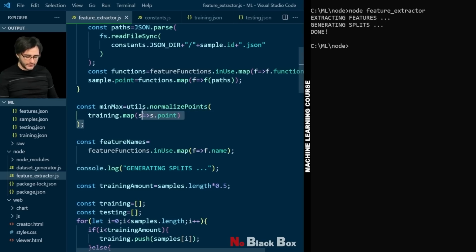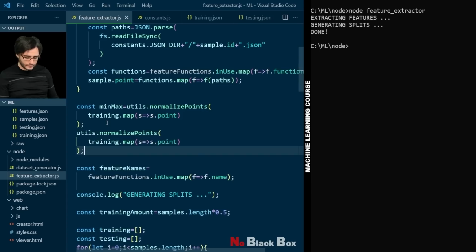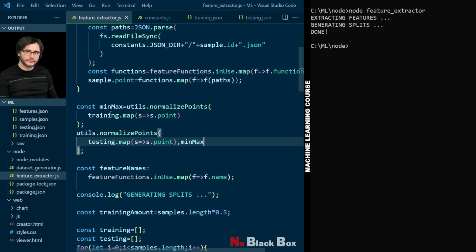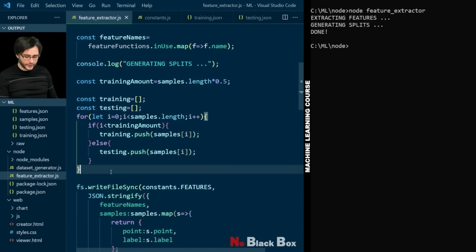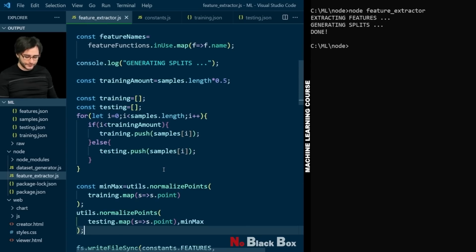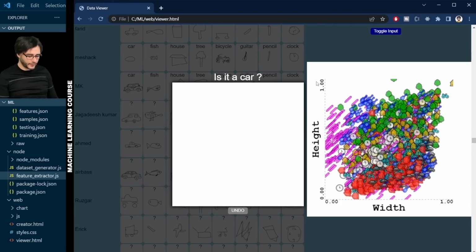Then I'm going to copy this and normalize the testing using here the min max from the training. This is proper, but it won't work unless we move this code below here where training and testing exist. Let's save this, and in our terminal I will regenerate the features,